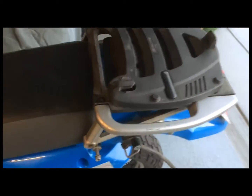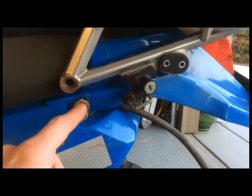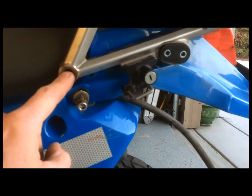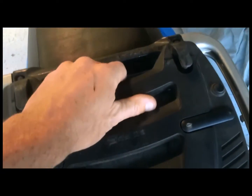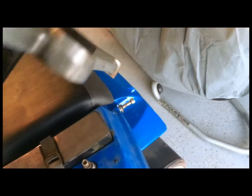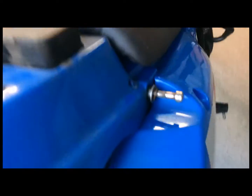And basically, to do this, you have to remove the rear rack, and I've already got it pretty much off, but I just wanted to show you there's a couple of bolts that hold the rack to the subframe, one on each side, and then there's a couple of bolts on top that have to be taken out, and this thing basically comes off of here, but there's some mounting brackets on the sides for the lights. Those have to come off as well, and then you have to get the lights out, the wiring, and there's